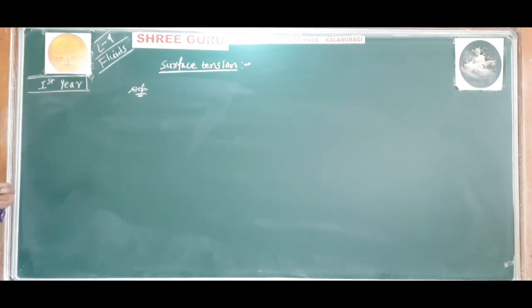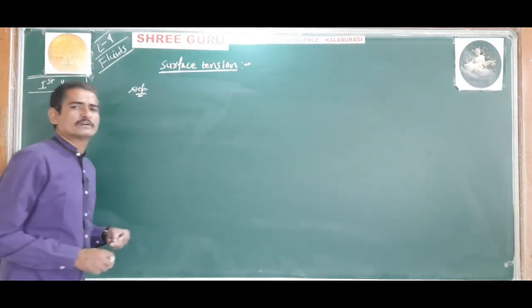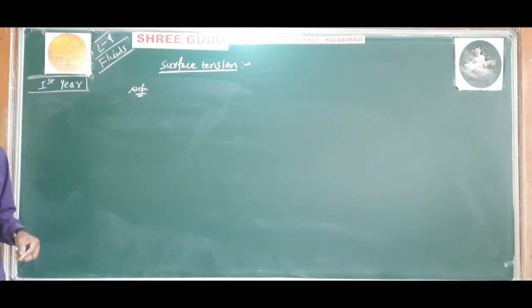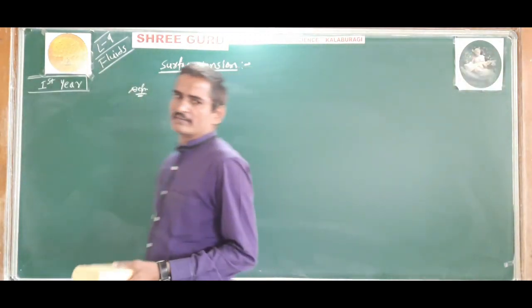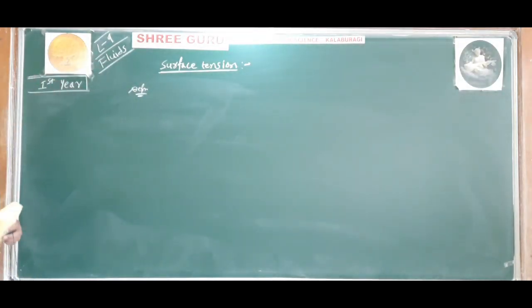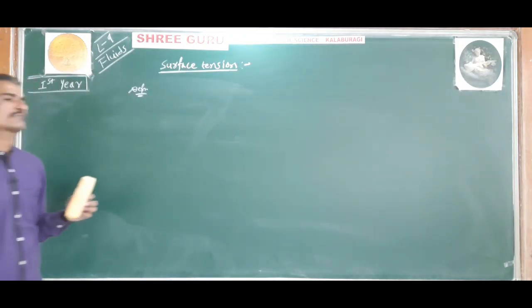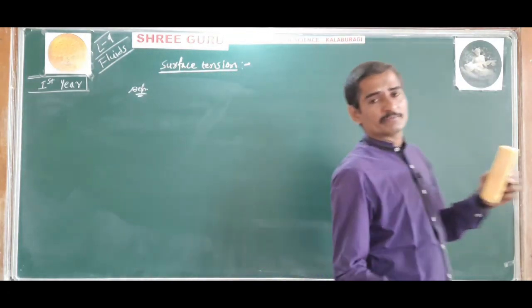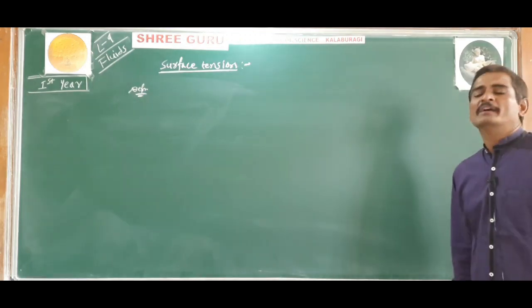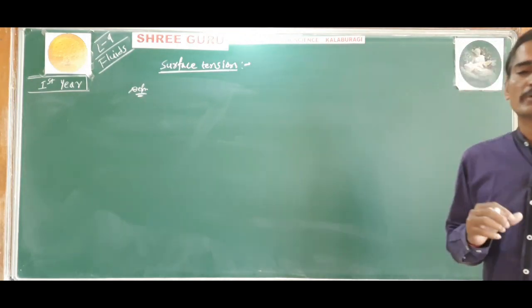So the surface of a liquid is always in a state of stretched elastic membrane. The surface of a liquid acts like a stretched elastic membrane and it is always in a state of tension. This is because the molecules of the liquid try to come very close to each other. The surface of a liquid acts like a stretched elastic membrane and it will always be in a state of tension. This is because the molecules of the liquid try to come very close to each other due